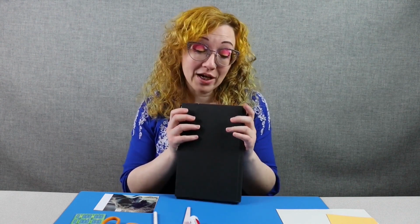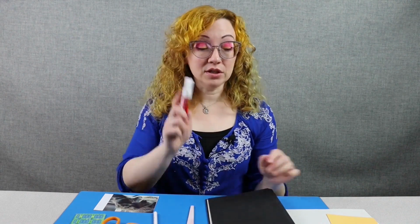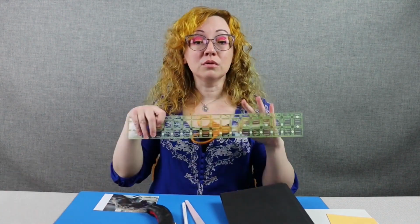For this particular craft, you'll actually need a variety of supplies. First off, you will need a large cutting mat. It's very important. Don't want to cut up your table. Next, you need to find a hardcover or hardback book that you no longer want because we're going to actually cut the pages out. A glue stick, emery board or a metal file, some sort of marking utensil that contrasts the hardcover, X-Acto knife, scissors, ruler,